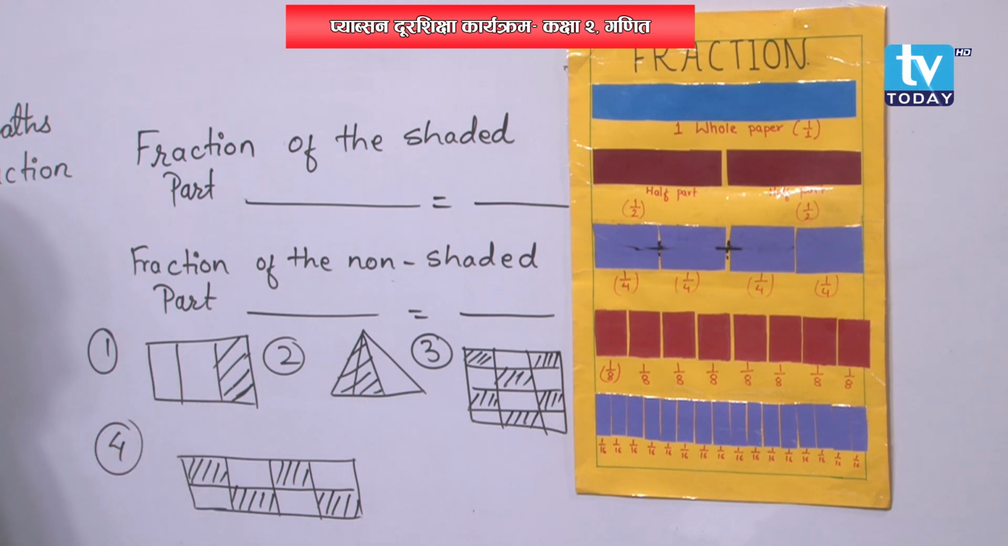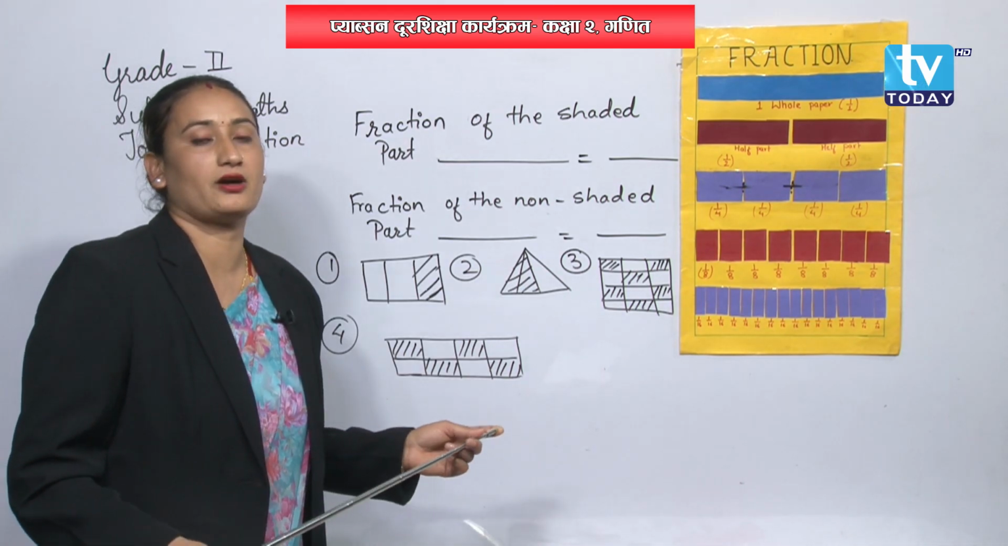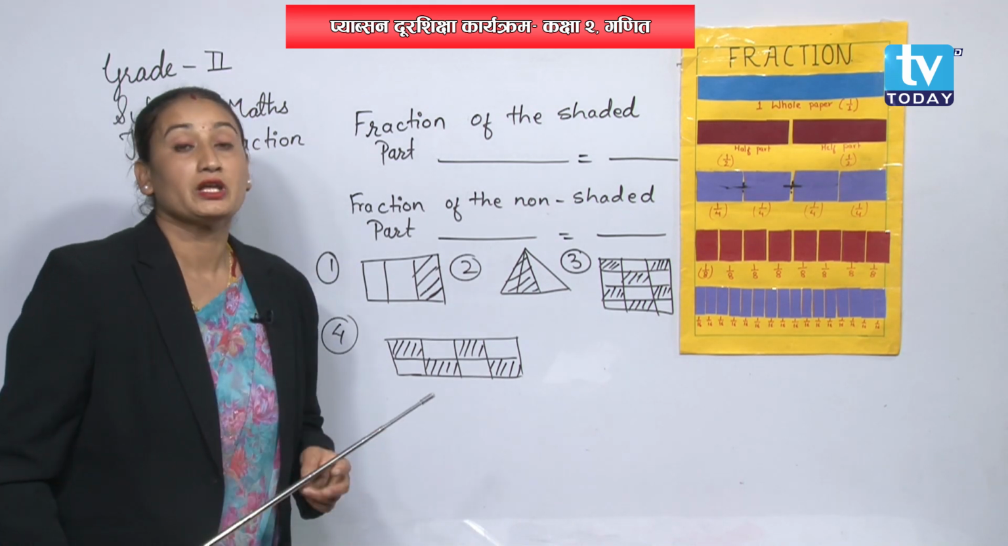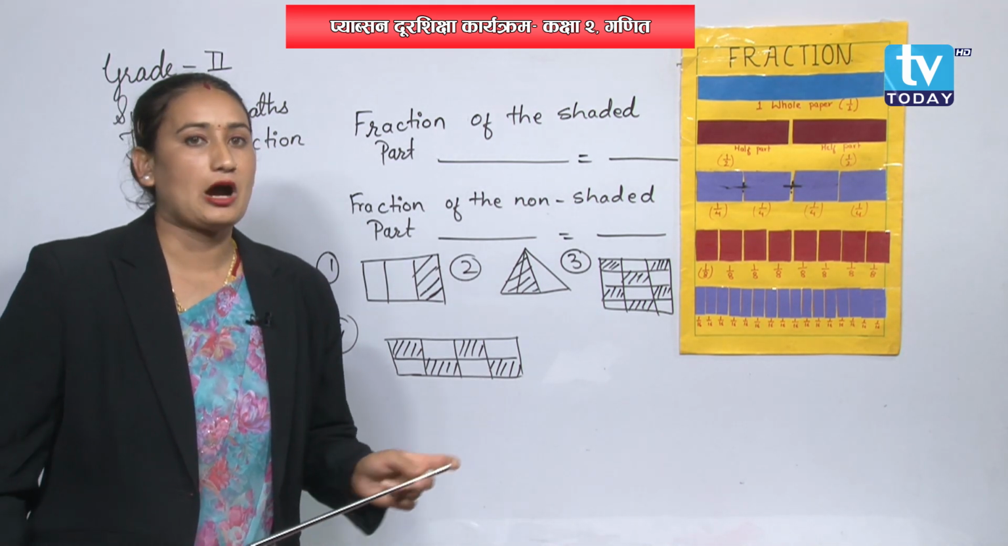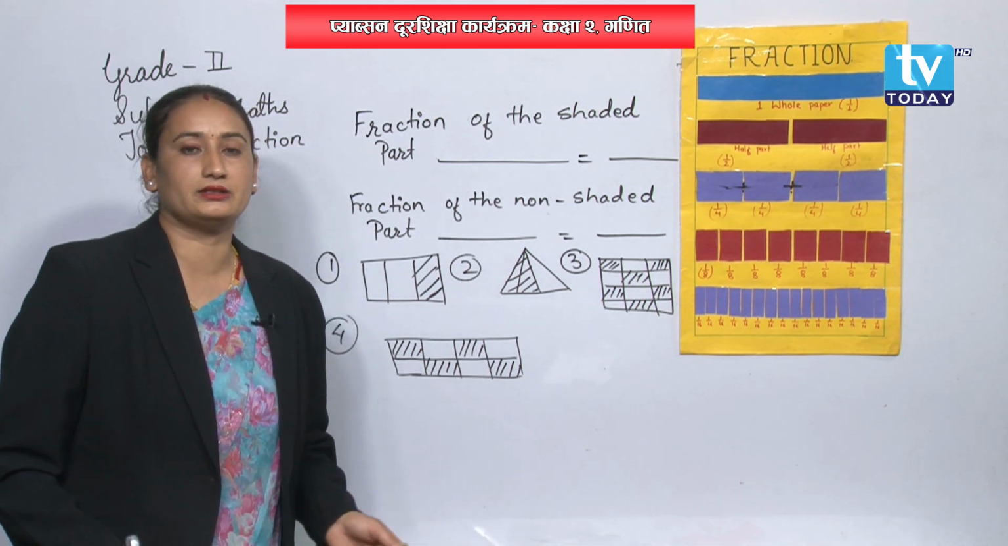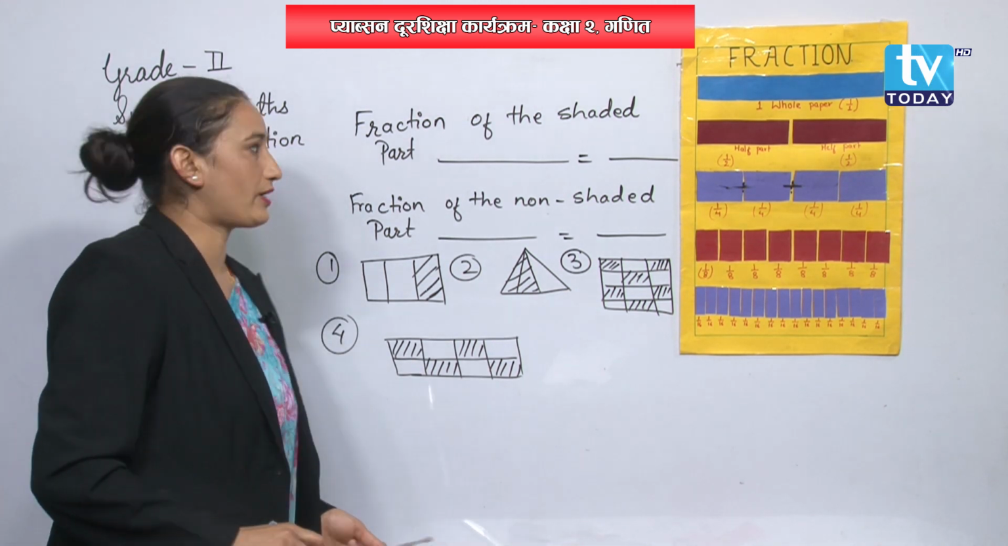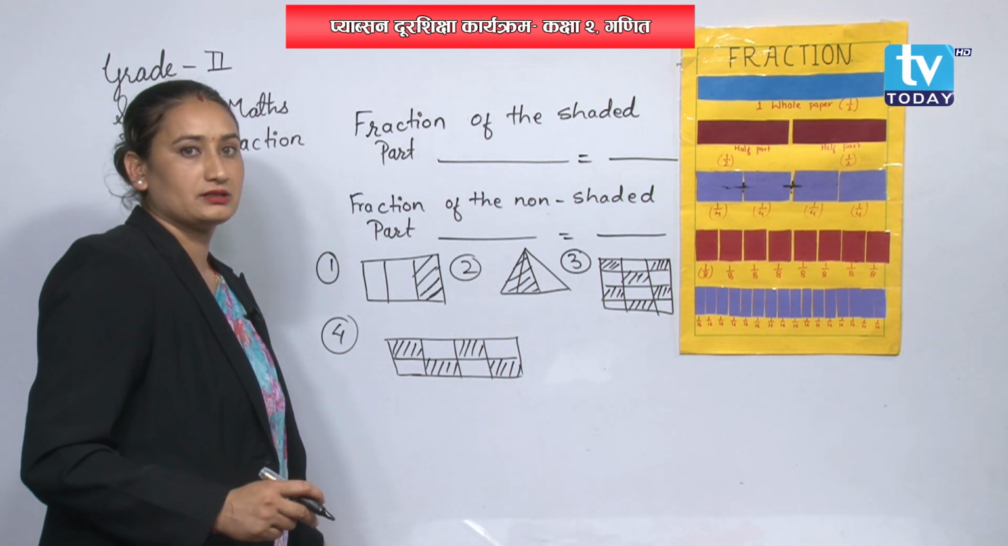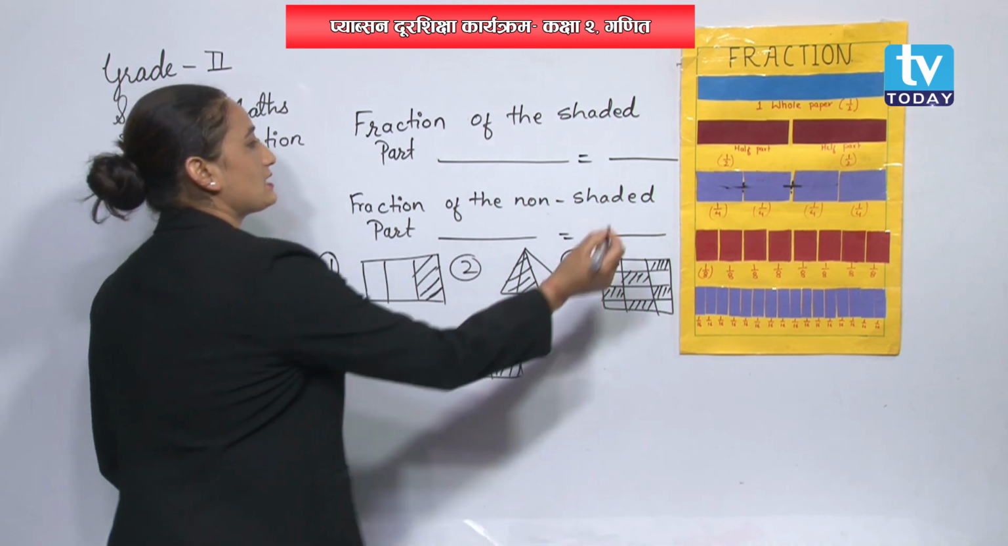Okay, let's count it. How many parts are there? 1, 2, 3. Okay, 3. Out of 3 parts, that is the total parts of the figure. So out of 3 parts, how many parts are shaded over there? 1 part, right? So how to write? We can write it as